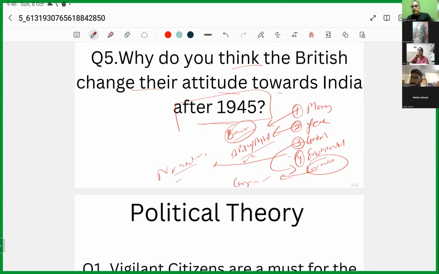Okay. Means external factors. First, see from the internal situation. You can have internal factor heading. Second, external factors. Even countries which were supporting Britishers. On one hand you are fighting against fascism, and on the other hand you are also a fascist. There's a limit to hypocrisy, isn't there? The same thing. Got it? So this way.